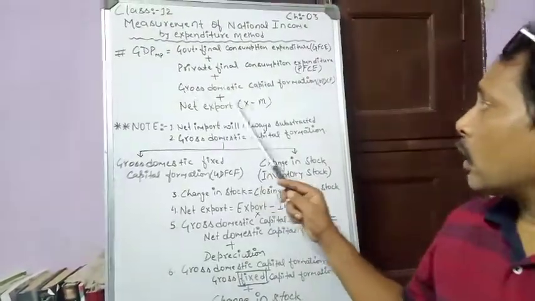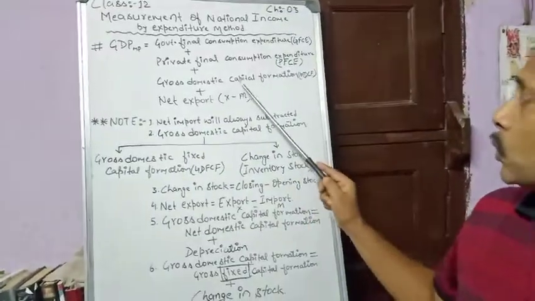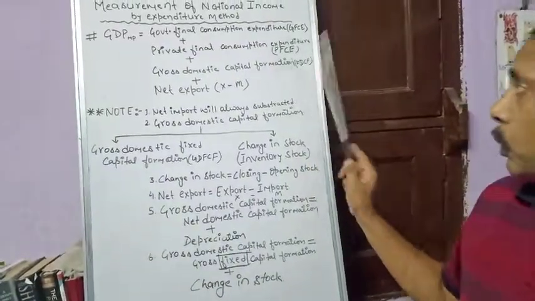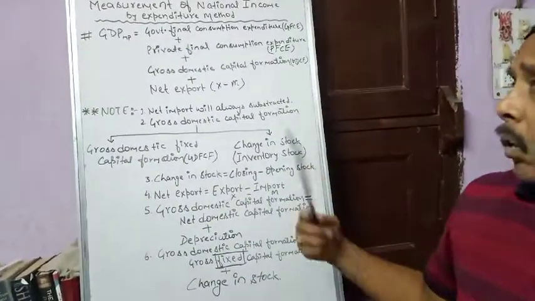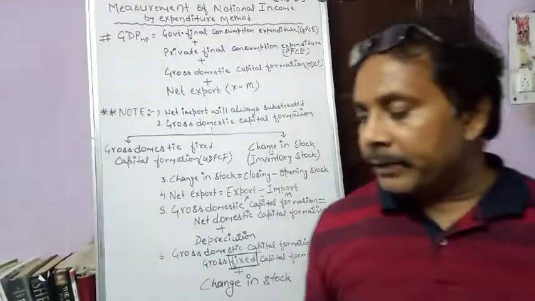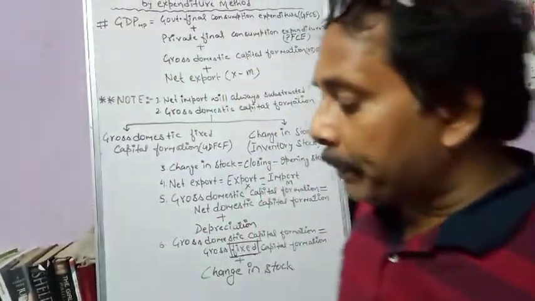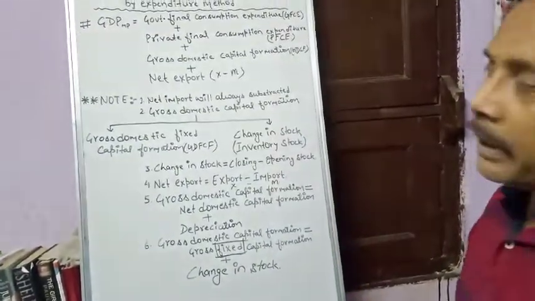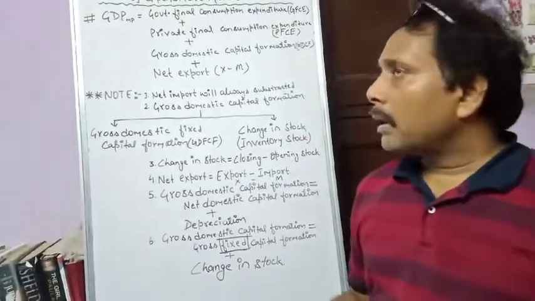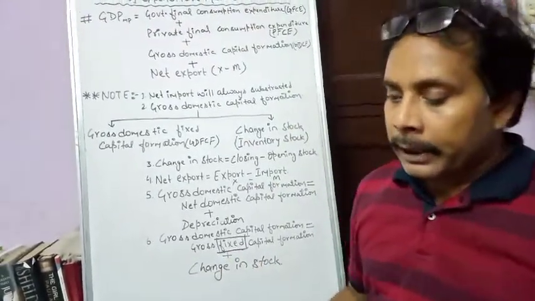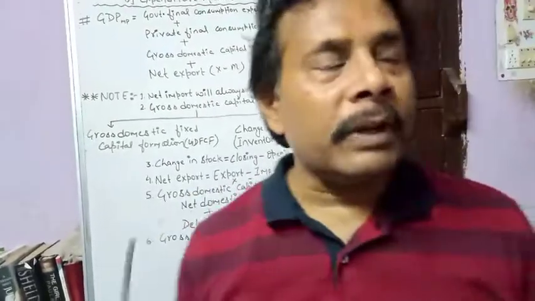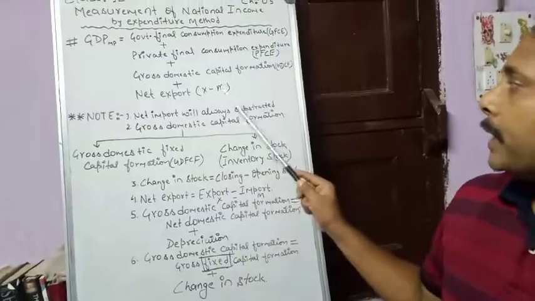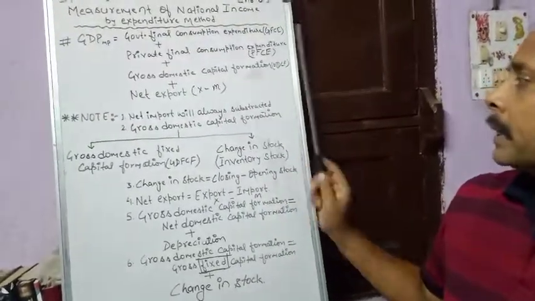Next is the gross domestic capital formation. So capital formation means increase in capital goods, or increase in all those goods by which we can generate further income. So capital investment includes first the inventory investment, residential investment such as construction work. Next we can say public investment and so on. Next is the net export. So net export means export minus import.